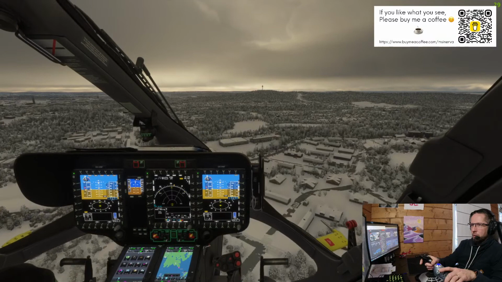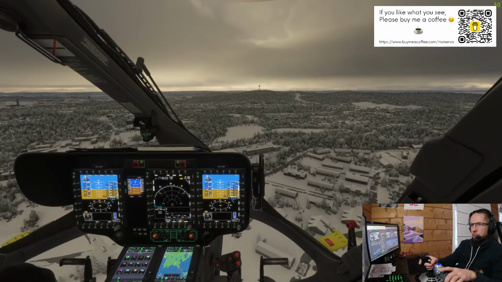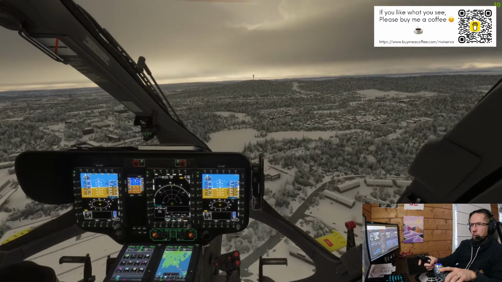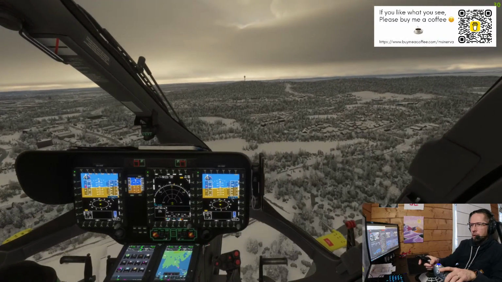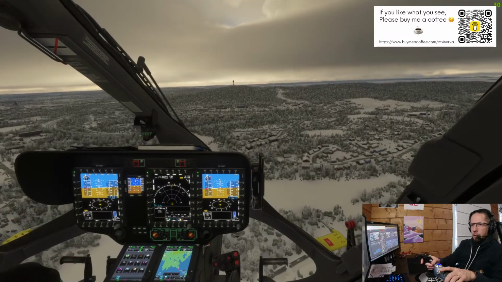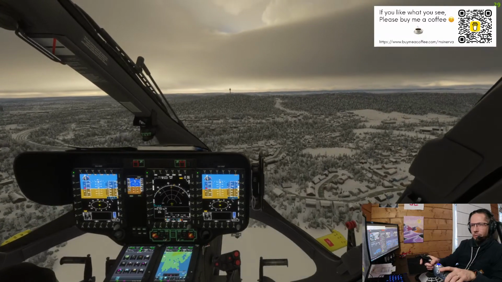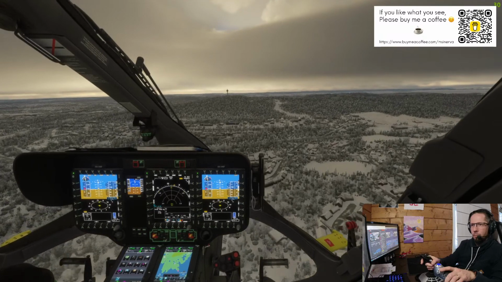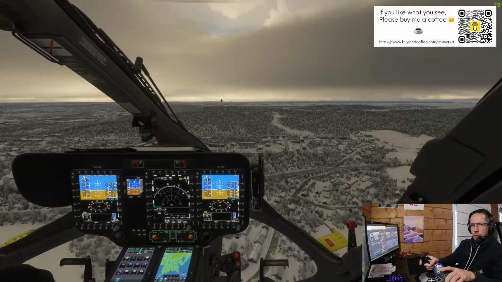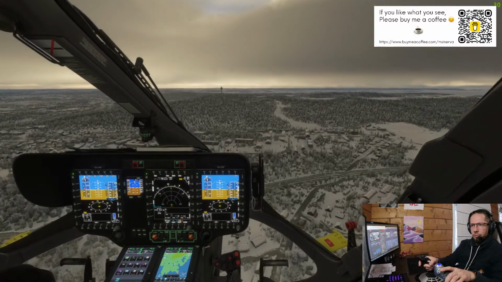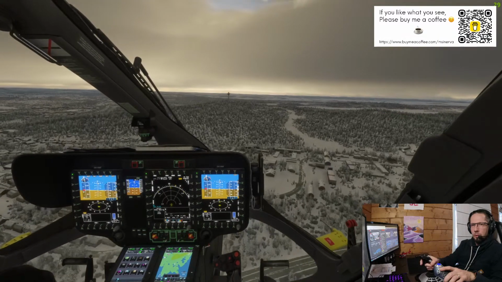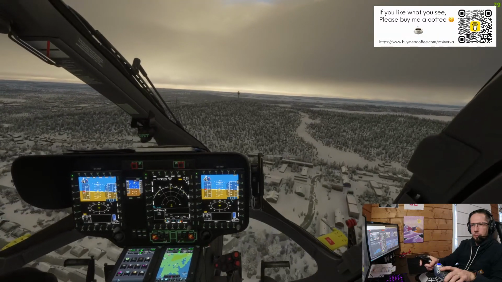Not taking it too seriously, but showing you sort of how it's done, like in the real world-ish in this simulator. And then in the real world, when we are arriving to the Kuopio hospital roof platform,